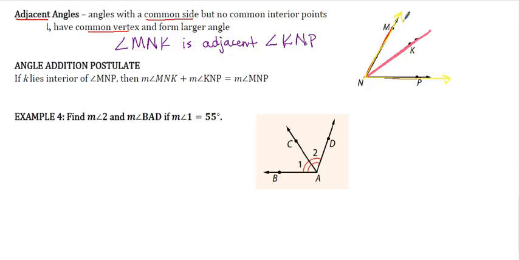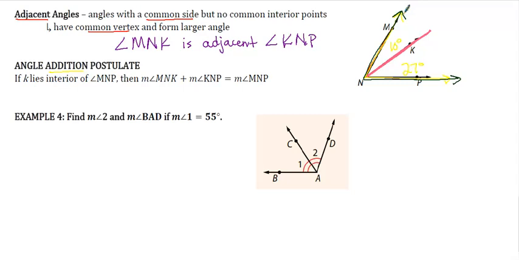Which also brings us to the angle addition postulate. So we have angles, and we're adding them. Ta-da! Okay, so it says if K lies in the interior, so if K is inside, then the measure of angle MNK plus the measure of KNP is going to equal the measure of angle MNP. So here's the deal, okay? If MNK is 10 degrees and KNP is 27 degrees, then the whole thing,